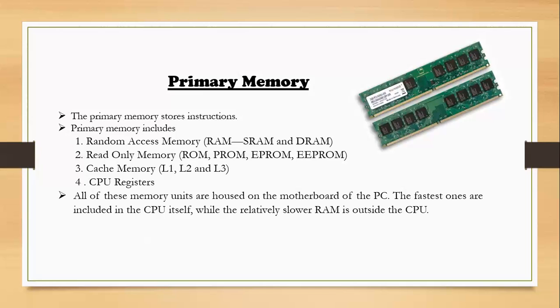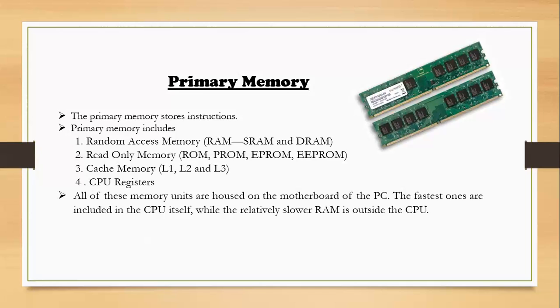Look at the types of memories. Points number 1 to 4 have been listed in the slide. If you go from 1 to 4, the size decreases, cost per bit increases, and access time reduces. The time taken to access the data and instructions reduces. If it is reversed, if you are going from 4 to 1, I mean from CPU registers to random access memory, then the cost per bit